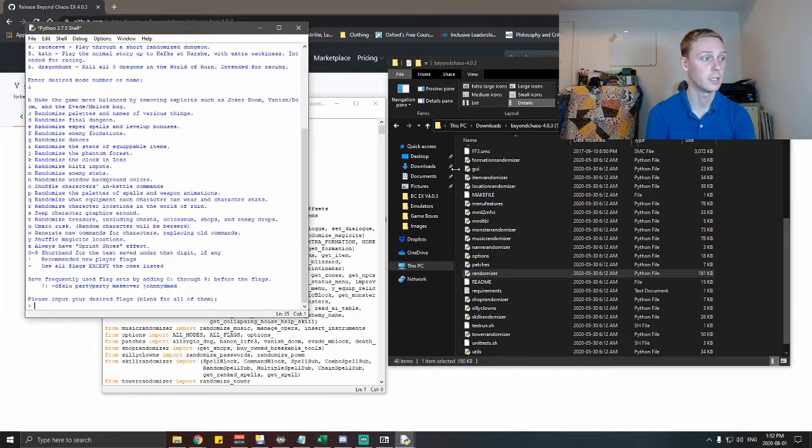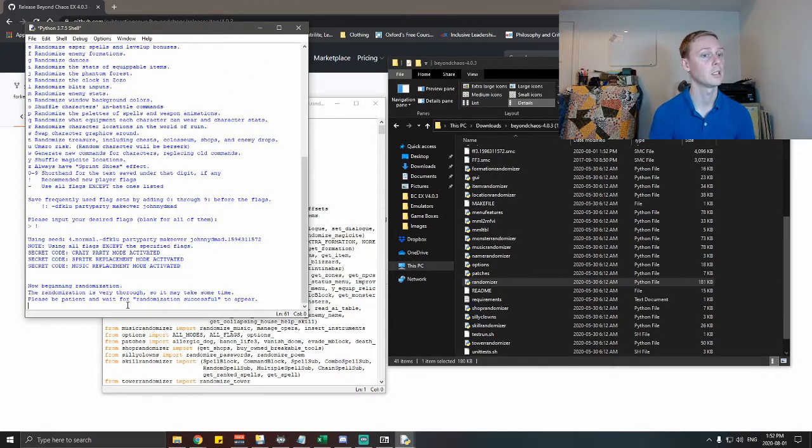And then you can see here, exclamation mark is going to give you the recommended new player flags. You can also create other presets in this mode as well as with the graphic user interface. But for now, we're just going to hit exclamation mark, hit enter. It gives us the beginner presets, and once again it will create the randomization and it will create a seed